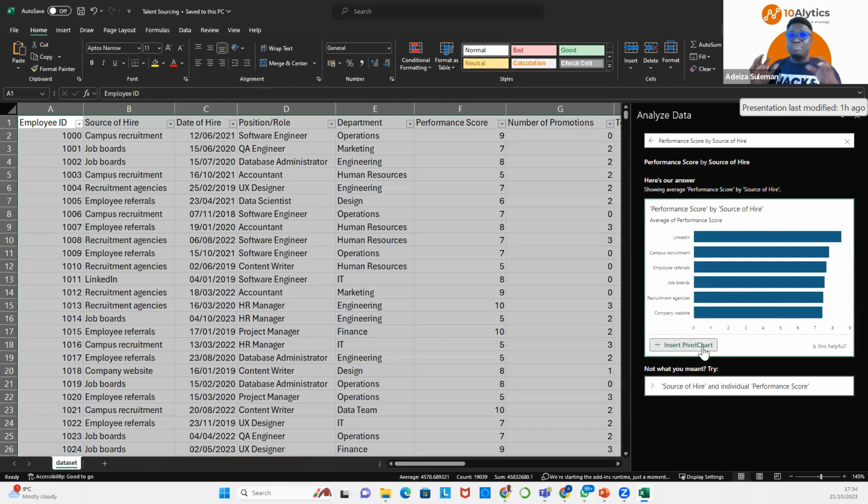pivot chart. Now, the beauty of what we are doing is I could have created this myself manually by selecting my data, by clicking on insert, clicking on this, clicking on that to get the same results. But then what have we done? We've leveraged a feature of Excel that has AI embedded at the back end, helping us answer these questions easily. And this is where efficiency comes into play.